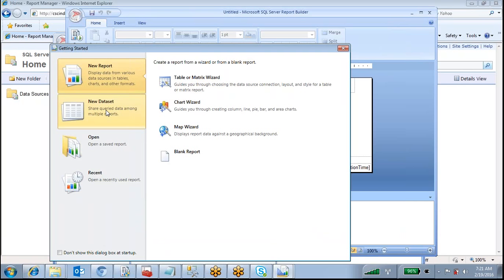And in real time, like in projects, is this one used? No, we are not using it in real time scenarios. Okay, very rare case we are using this one.